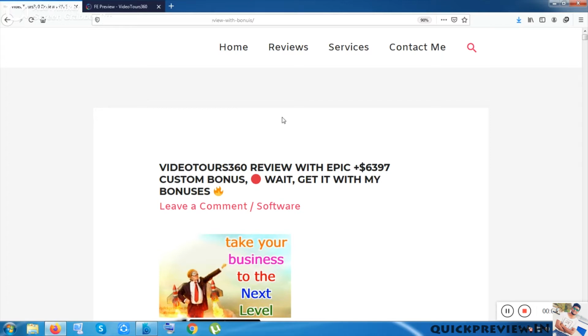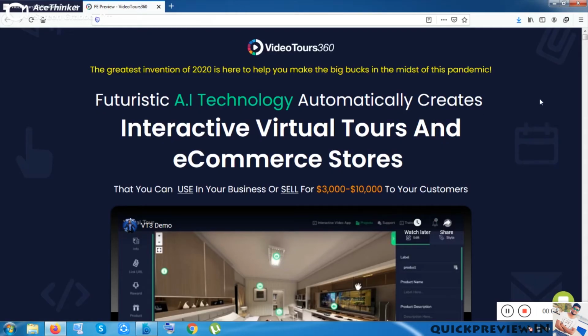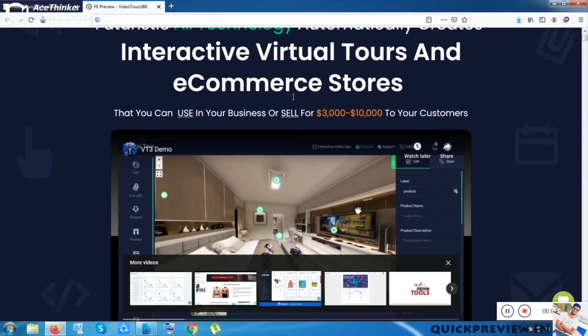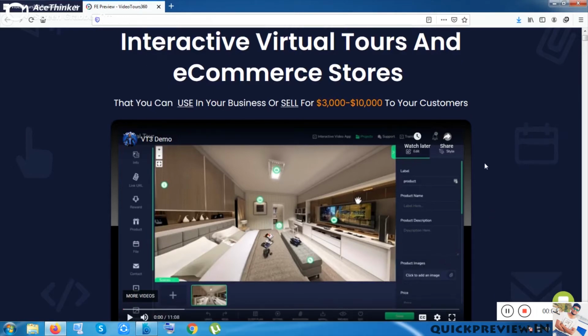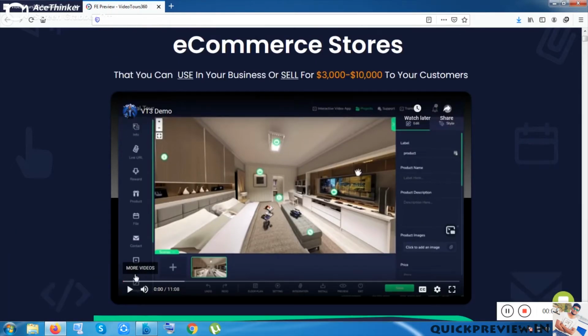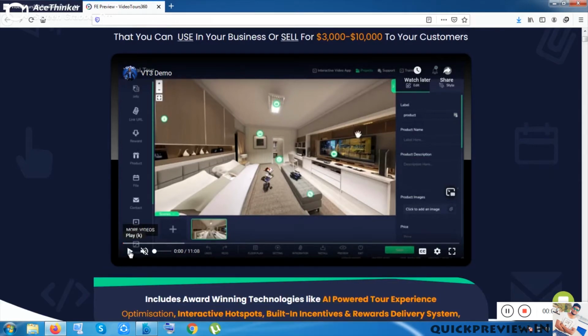So this is a brilliant product, and let me clear that I can't show you the product from inside, but I will show you the way you can go through the inside of this product. This is the product sales page, and in the very beginning there is a video given here, which is an inside view or demo view of the product.